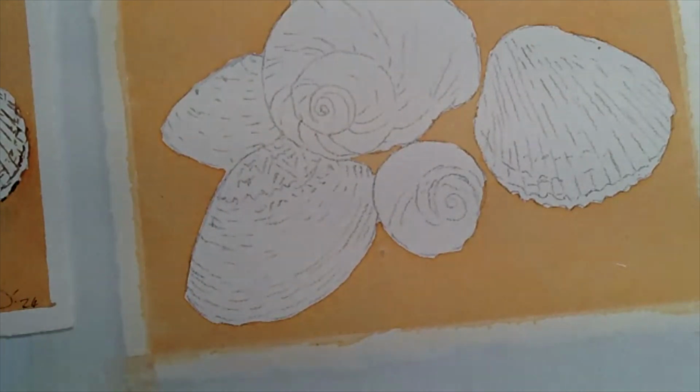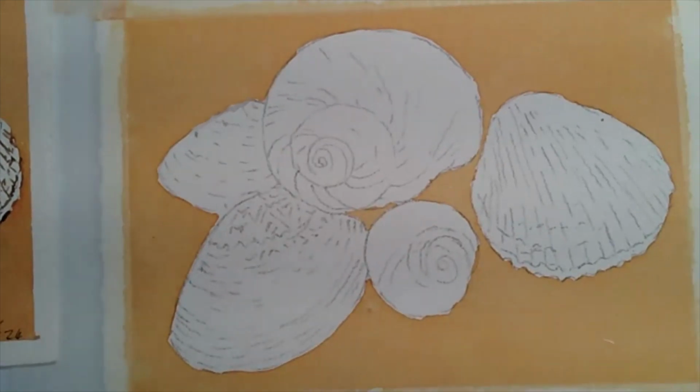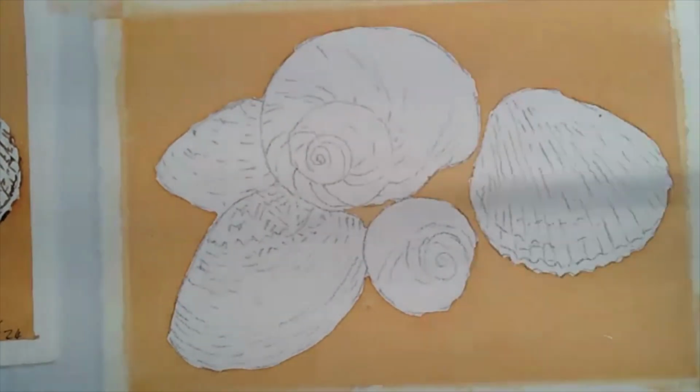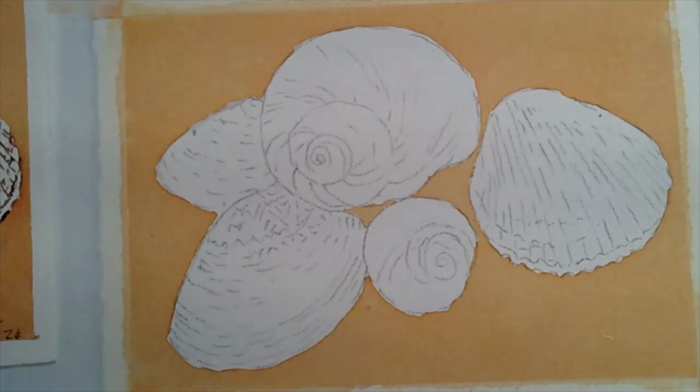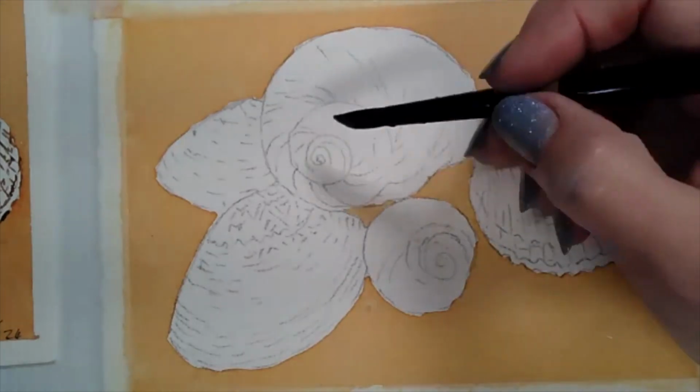So again, bigger brush. I want my number 8 brush. When you're doing a wash or a background, you don't want to be fiddling about with a little tiny brush. And a lot of this shadow can be washed in with a damp brush. So I still have all those colors on my palette, the Cerulean Blue, the Cobalt and Rose mix. Start with the Cerulean Blue, and I want to